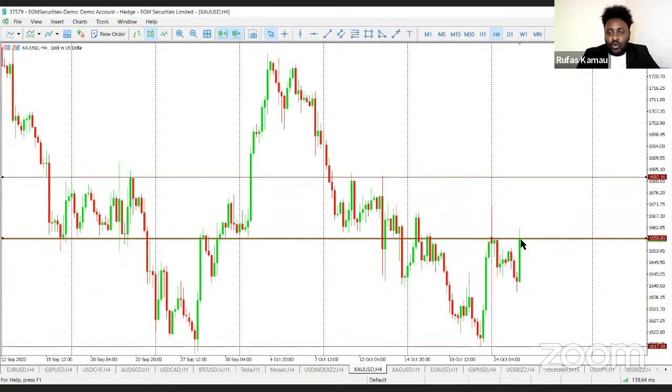So if we manage to close through this level, then there is potential that gold could close at another high, and this is basically based on the previous highs that gold was unable to break. On the reverse side, if it fails to break that level, then this week's low might be very interesting as a target, where the market could basically reverse the entire move.